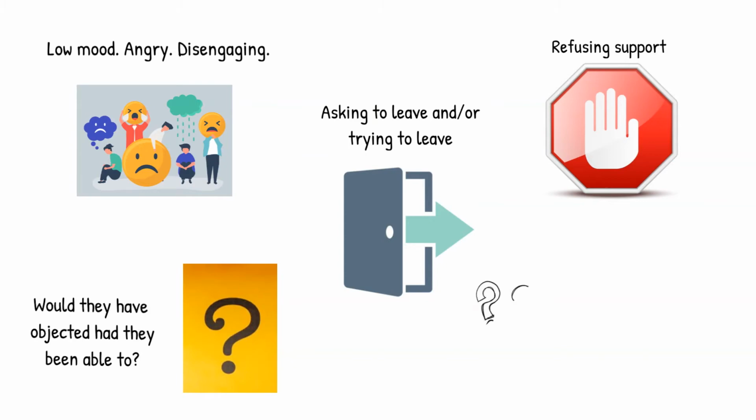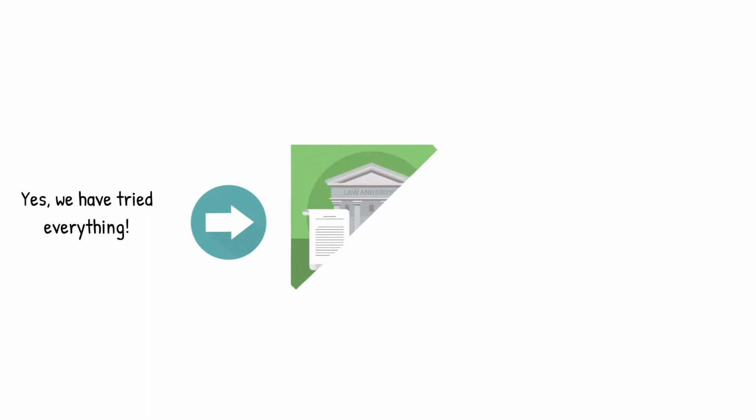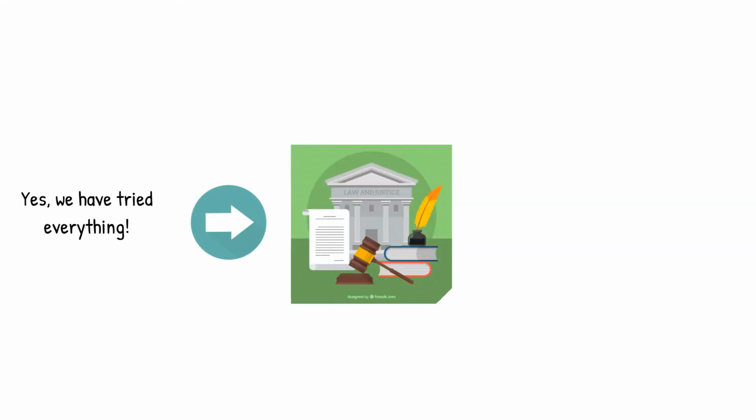Again, it is important that professionals have closely followed the MCA process when determining that the deprivation is in best interests. If we've tried everything to support the individual or those challenging it on their behalf, and the challenge remains, then we need to approach the Court of Protection for them to oversee the case and determine if the arrangements are indeed in the individual's best interests, or if they identify something else which needs to be explored.